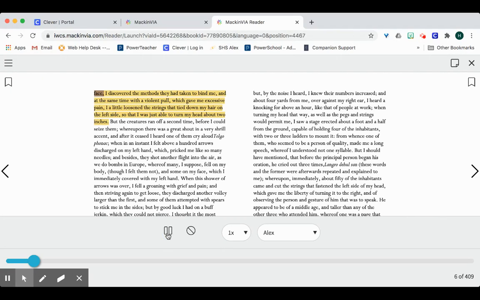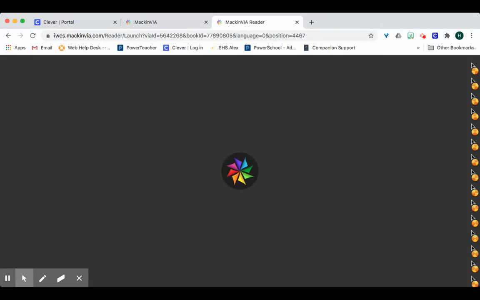Some of the books offer a read-aloud feature. Methods they had taken to bind me, and at the same time with a violent pull, which gave me